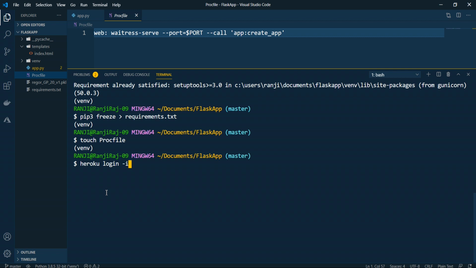I want to stay in my command line itself, so it will ask for your username and password. Okay, so it is asking for your credentials. So I'll put my credentials here. Okay, and password.